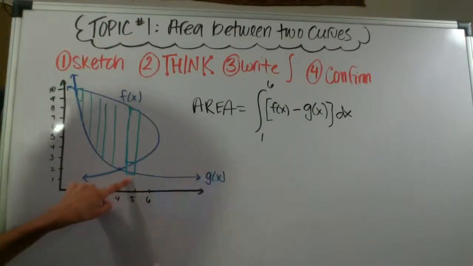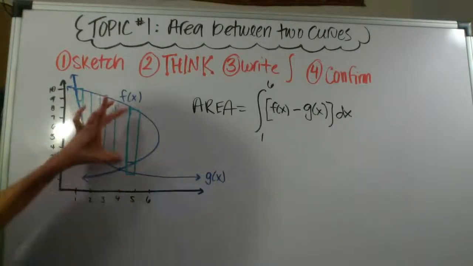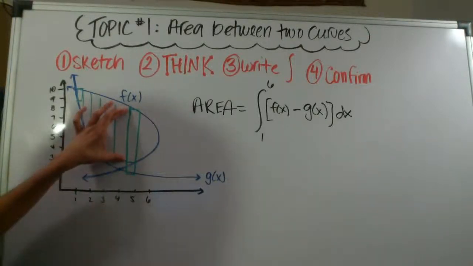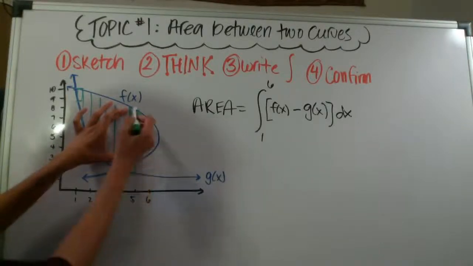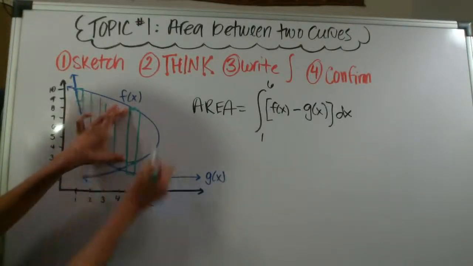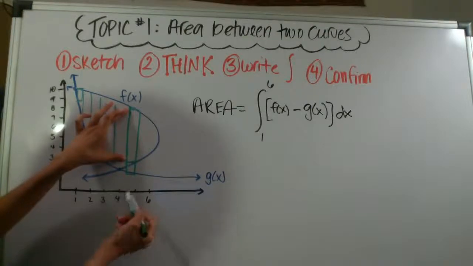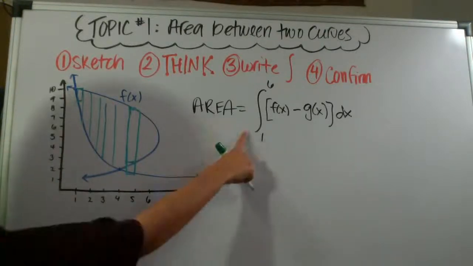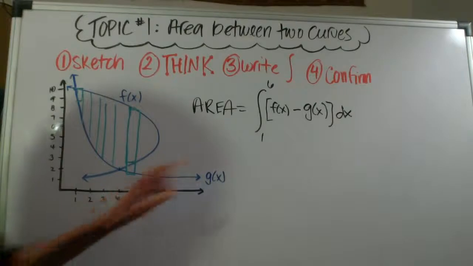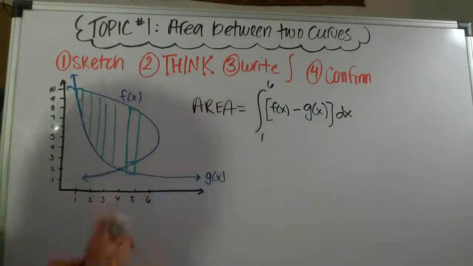But I can't use an integral with an x variable of integration to find this one, because this is one of our mistakes that we warned you about. The mistake of having 2 points that are part of the same curve. So I've learned two things. I've learned that this is the wrong integral, and I've learned actually that I should not be orienting my rectangles